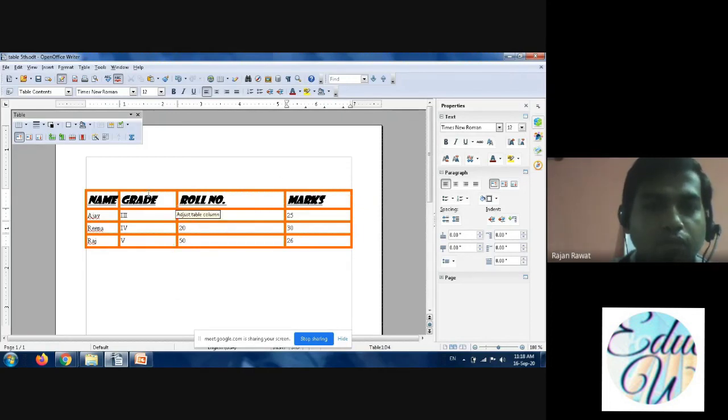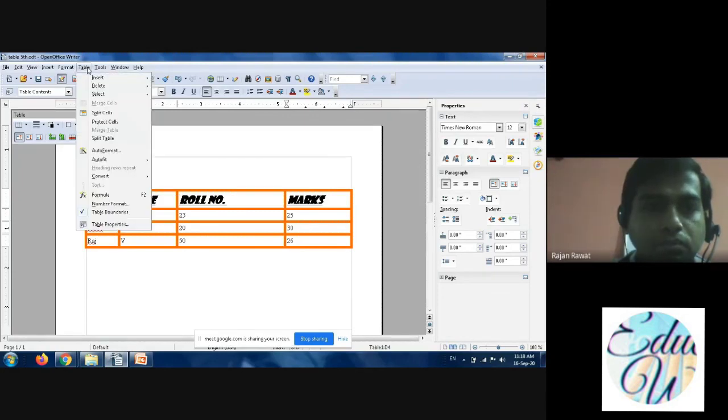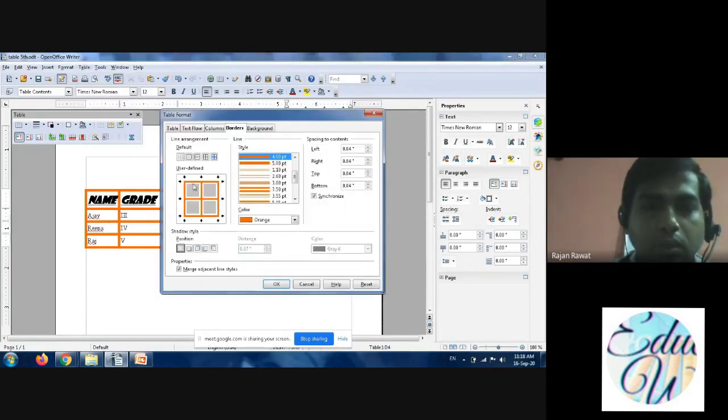Again, I will show you for changing the thickness of the border and color. What you have to do, you have to click on the table, then go to table properties. Okay, then you have to select whichever line that you want to change the thickness or color.